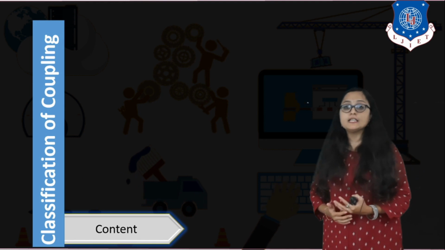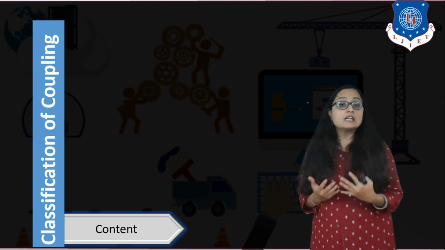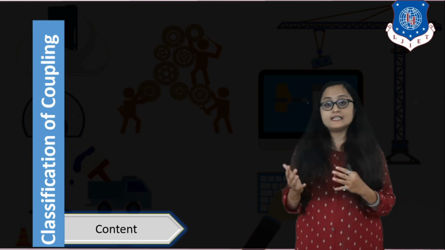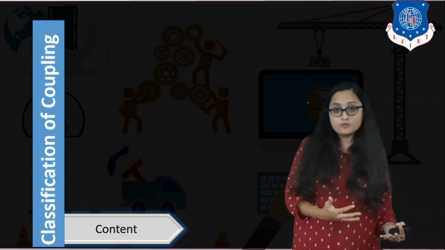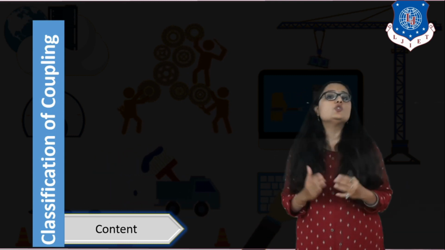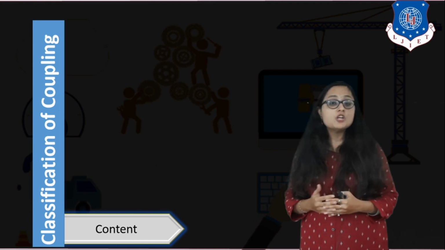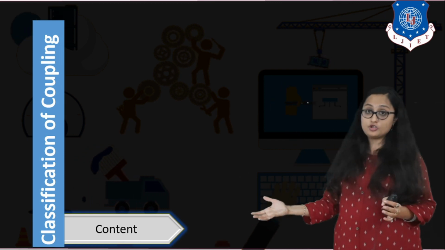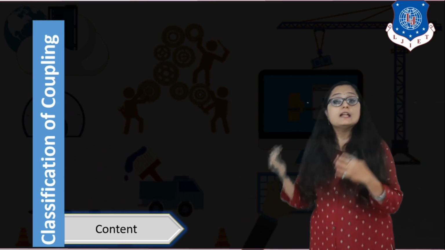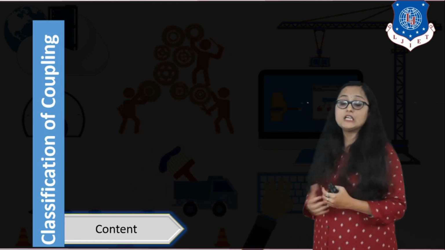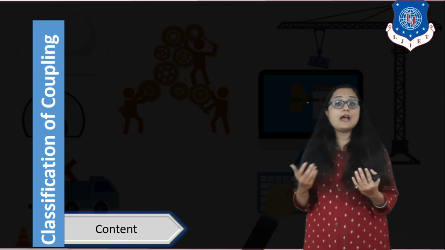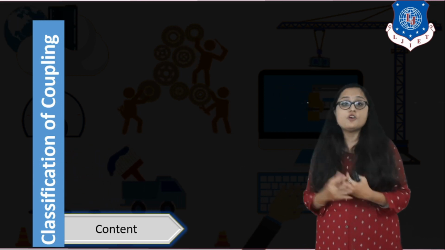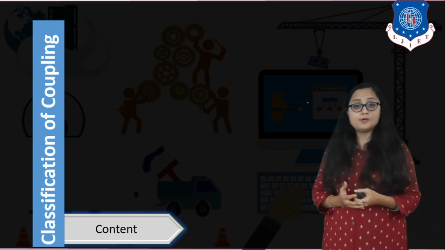Now what do you mean by content coupling? We know what coupling means. Coupling means that if there are two different modules, and there is some sort of data exchange between them, meaning one module is dependent on another module, then there is coupling between the modules. If one module can access the private data of another module and can change that data, then they are exhibiting content coupling. For example, you have friend classes in C++ which can access the private members of another class, right? So that is an example of content coupling.